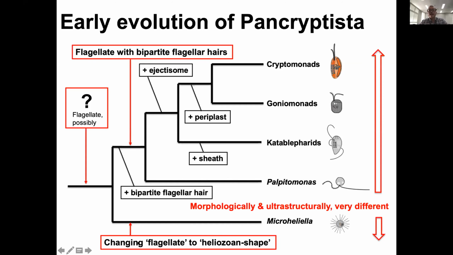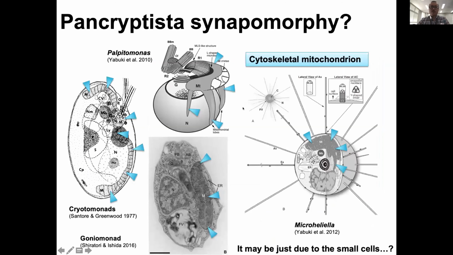So the change from flagellate to heliozoan shape just occurred around here, and their ancestors were possibly flagellates. So unfortunately, we cannot discuss in detail based on this new finding, but I'd like to propose a possible synapomorphy of